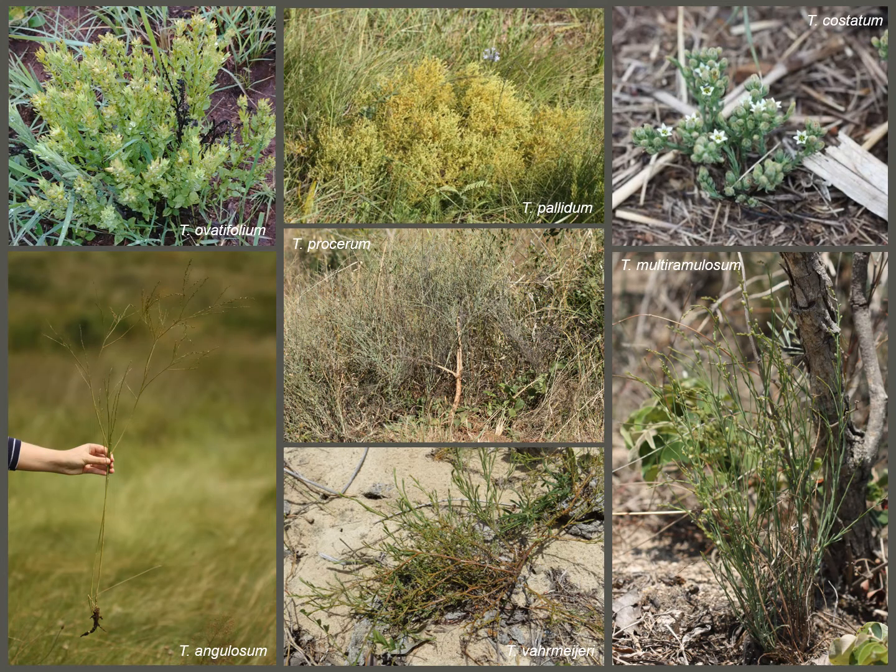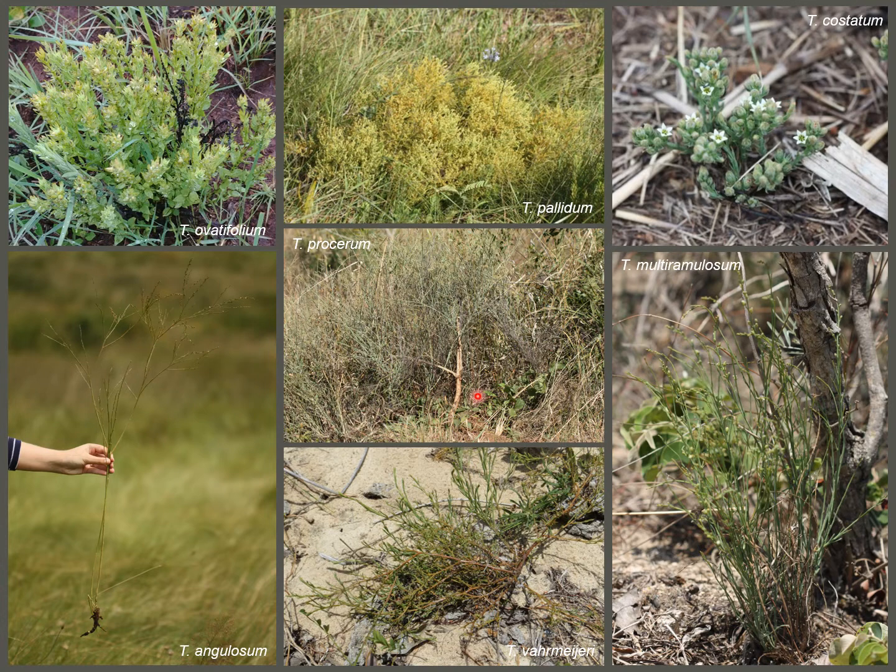I thought it would be good to just show a few examples of what species in the summer rainfall region look like, to be able to spot them in the field. So many of the species are herbaceous and quite leafy, such as Thesium ovatifolium and Thesium pallidum. Other species are very small, such as Thesium costatum,